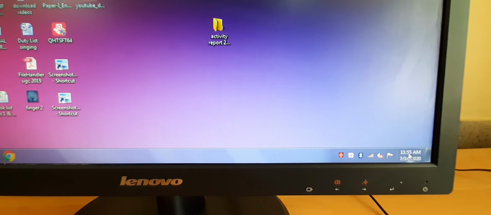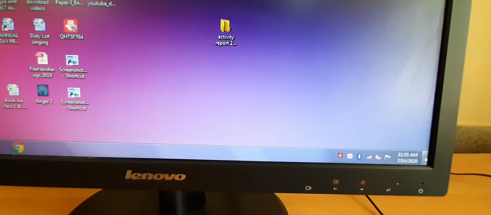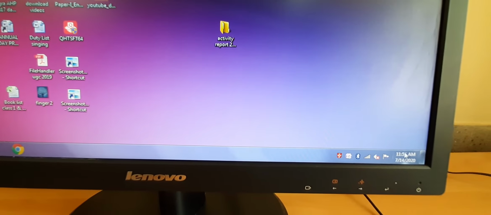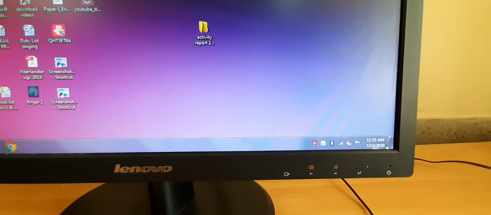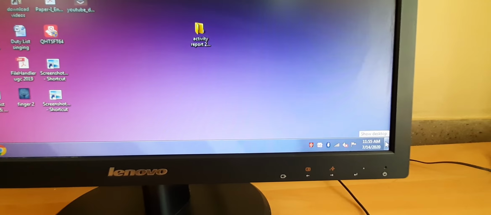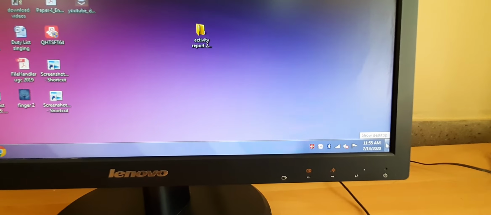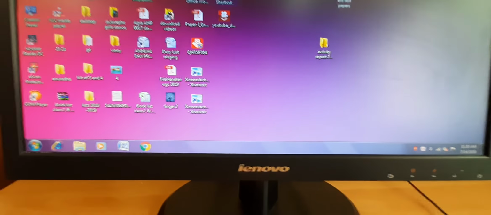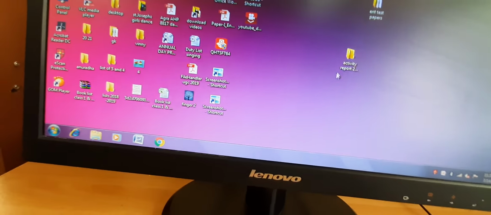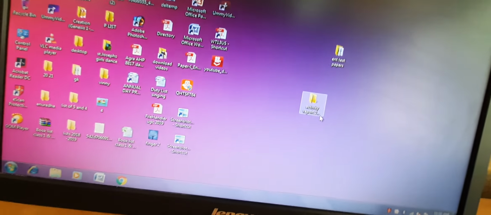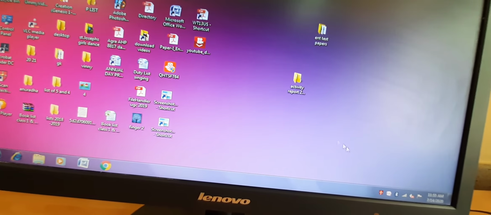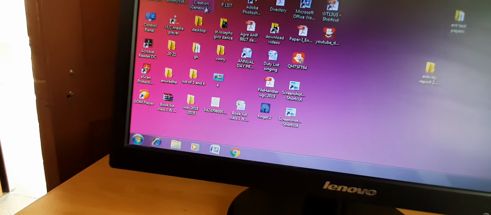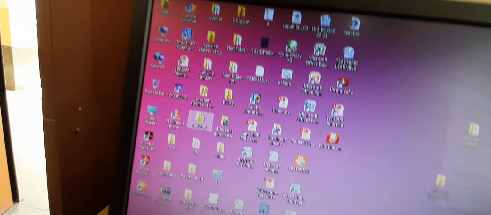Then this is the system tray. System tray will show you today's time and date, and all these icons are there. Then this is the show desktop button. What is the function of this? If many applications are opened and you just want to close all at once, and you want to see the desktop, you can use this button. Let me show you how. Suppose we have opened all these applications.